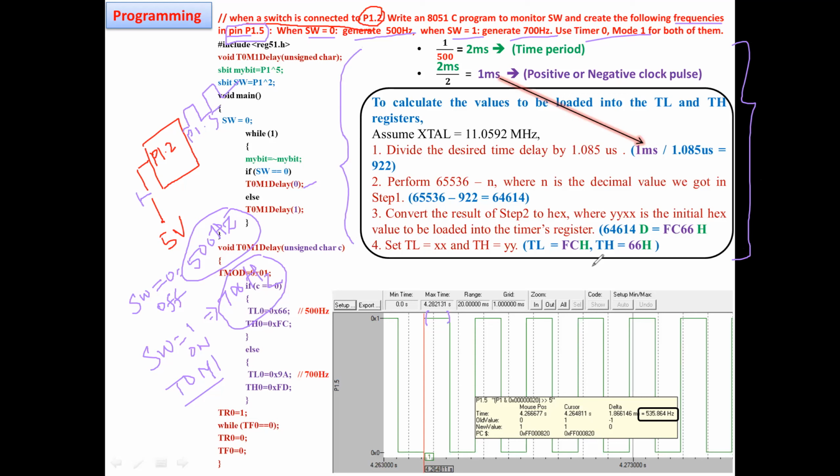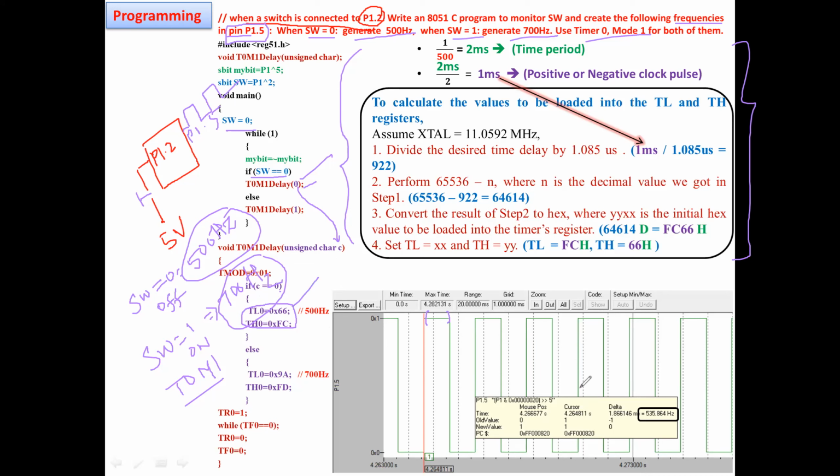in my program, I'm just placing switch equal to 0. If that is the case, I'm checking that switch. If switch equal to 0, this delay I'm executing. In this delay, I'm passing a parameter 0, a numerical value. If it is 0, I'm placing some value into the particular timer register. So this is my exact value.